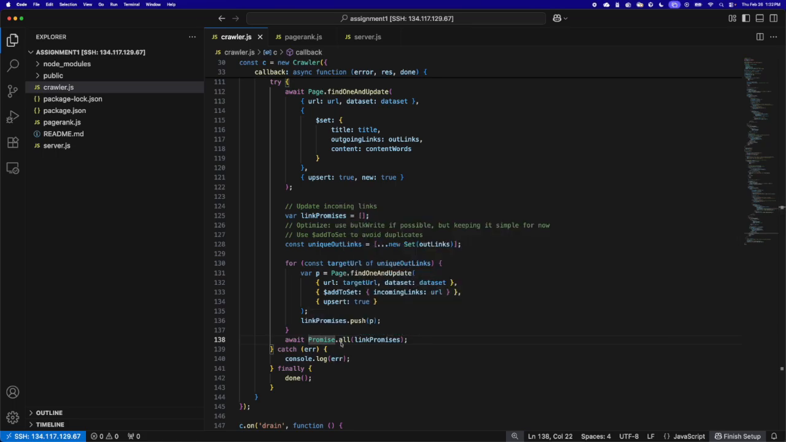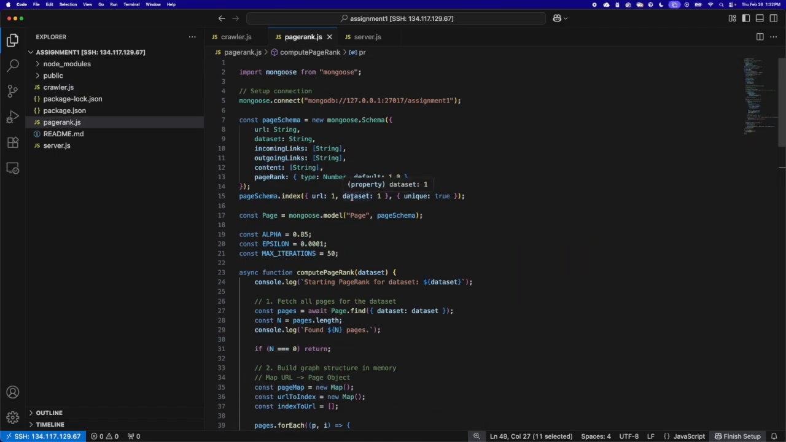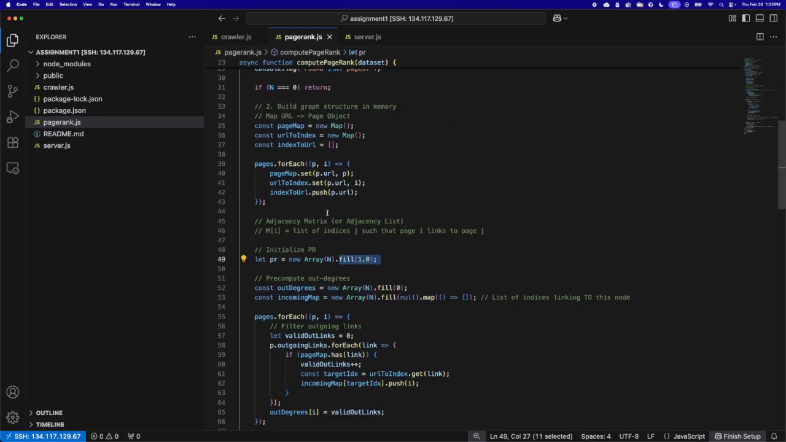Next, looking at the PageRank and content scoring logic. So we have the pagerank.js file over here. Once the crawler finishes, the database is populated obviously, but we still need to rank the pages. Attempting to compute the PageRank on the fly or querying the database for every link traversal was going to be very slow. So instead, the script pulls all the pages for a dataset into memory and builds an adjacency list. This adjacency list maps exactly which nodes link to which other nodes